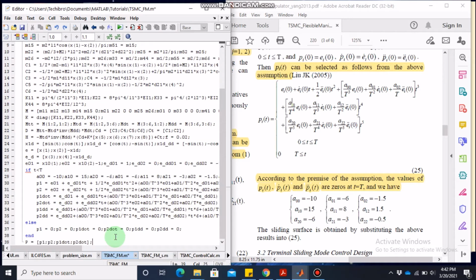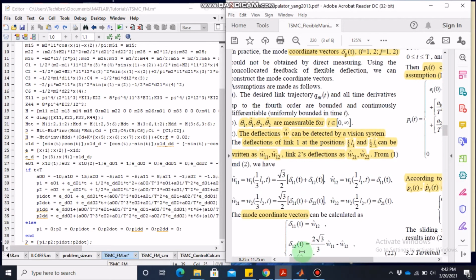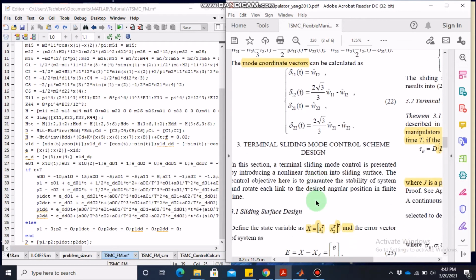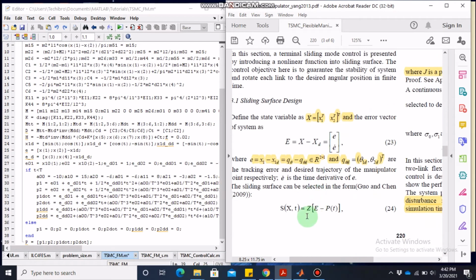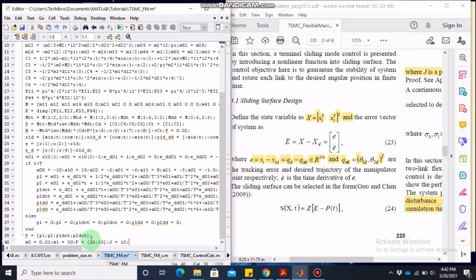Next you define this capital P, which is p1, p2, p1 dot, p2 dot. This capital P is used in the sliding surface. You can see here the sliding surface is z times e minus capital P. So this is the capital P which is used in the sliding surface. And then this is the